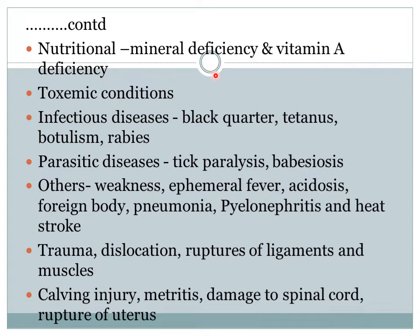Nutritional, mineral deficiency, and vitamin A deficiency. Many toxemic conditions. Some of the acute infectious diseases: black quarter, tetanus, botulism, rabies. Parasitic diseases: tick paralysis, babesiosis. Other diseases: weakness of hind limb, weakness in animals,